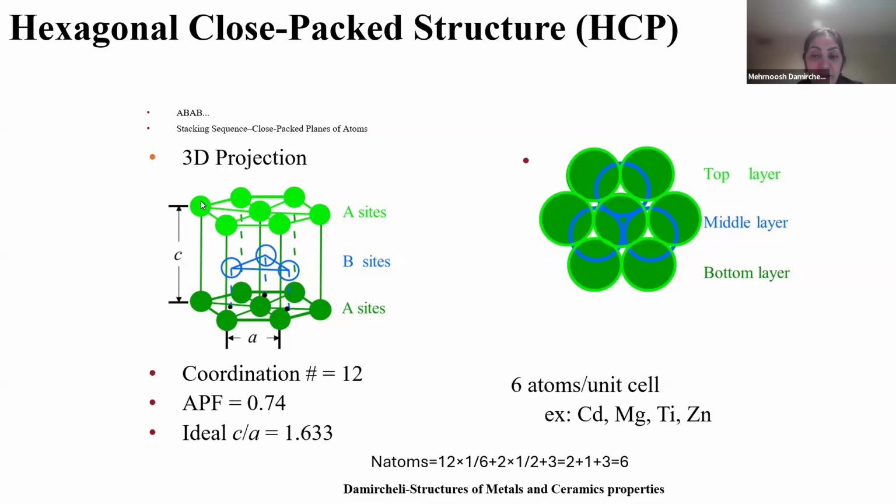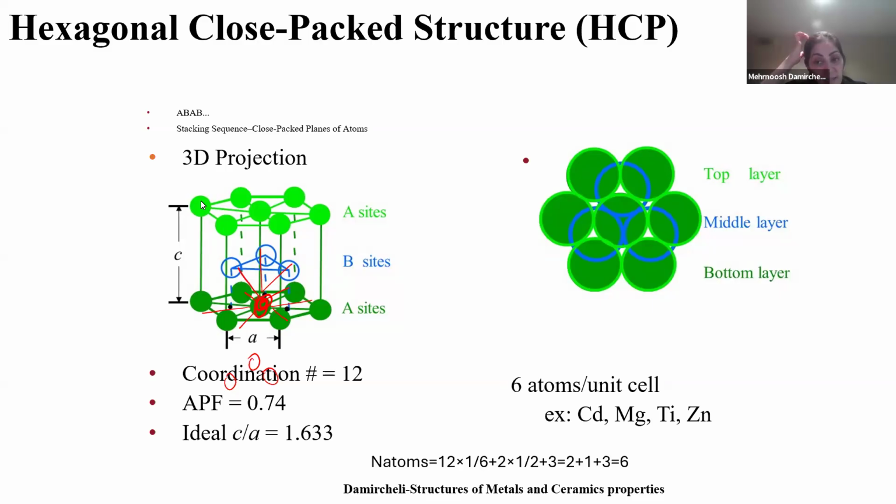Each atom in HCP has a coordination number of 12. For example, consider these atoms. What is the coordination number in neighbors? 1, 2, 3, 4, 5, 6, and 3 above. Exactly, we have 3 on the lower surface too. So each atom in HCP has a coordination number of 12: 6 neighbors on the same basal plane, 3 in the layer above and 3 on the layer below.